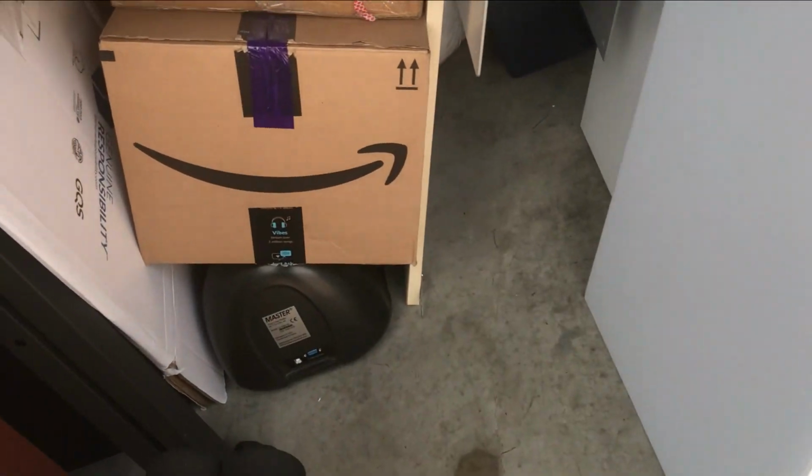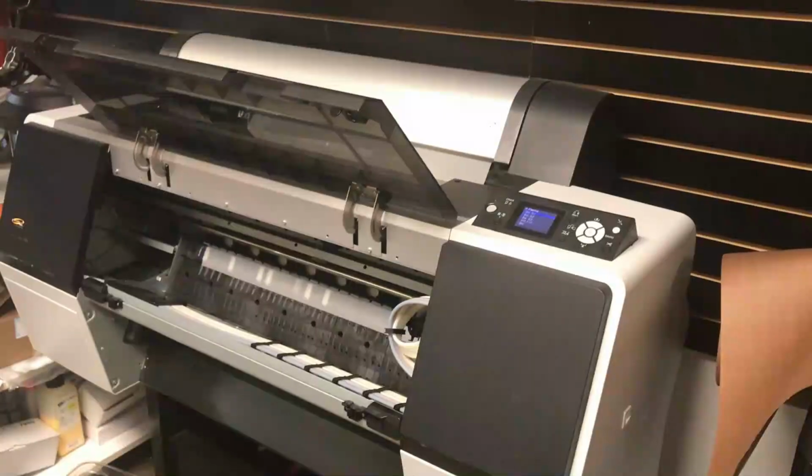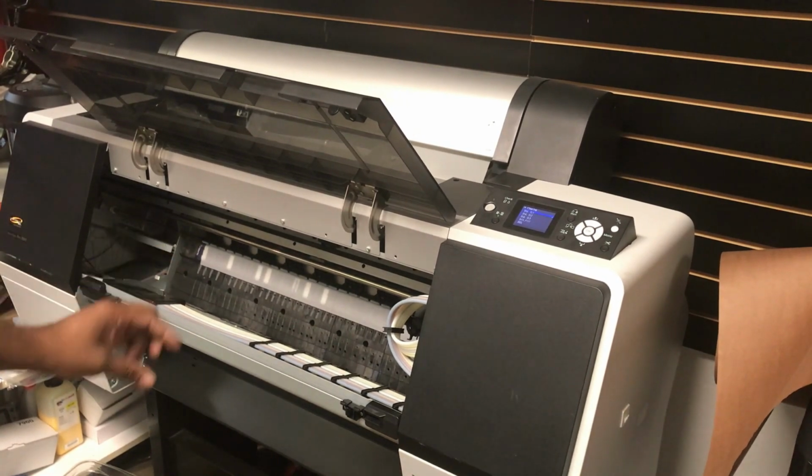But I'm looking for my R tape. There's that cutter. All right, I think I see it, so let me grab it. We may be in business. Okay, so we are, I hope you can see. I'm trying to run prints at the same time, but